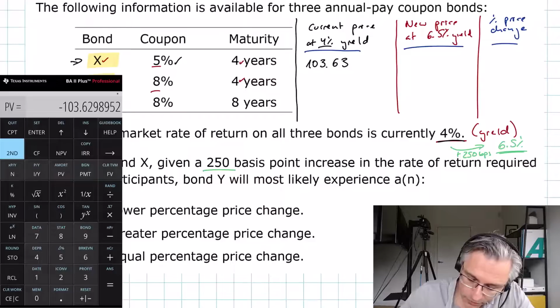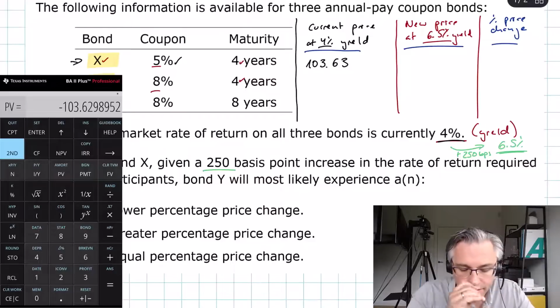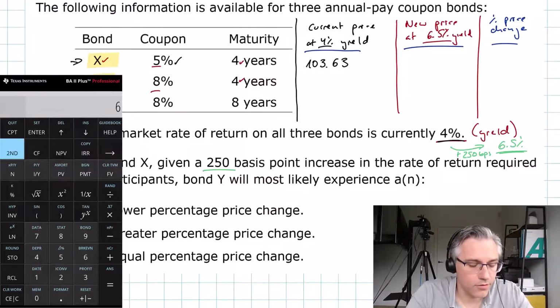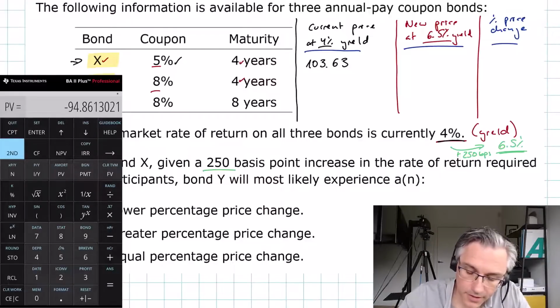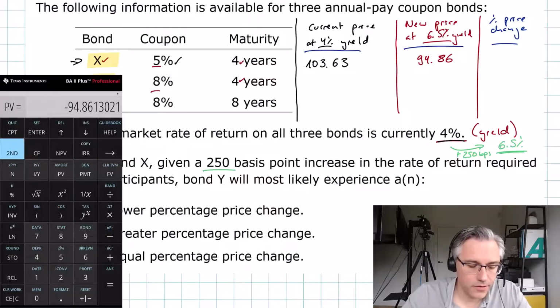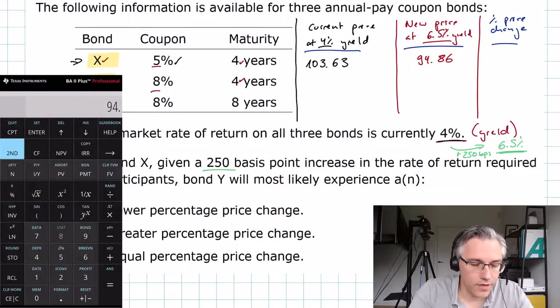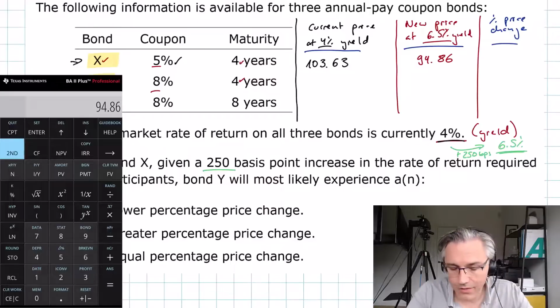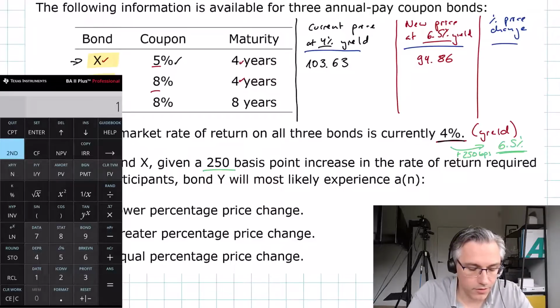What would be the new price with a higher yield? Well, you just need to alter one input, do 6.5 for I over Y, compute PV again. As you can see, the price would have dropped to 94.86, and we can easily compute the drop. 94.86, or the scale of the drop, divided by 103.63. Okay, that's a number below